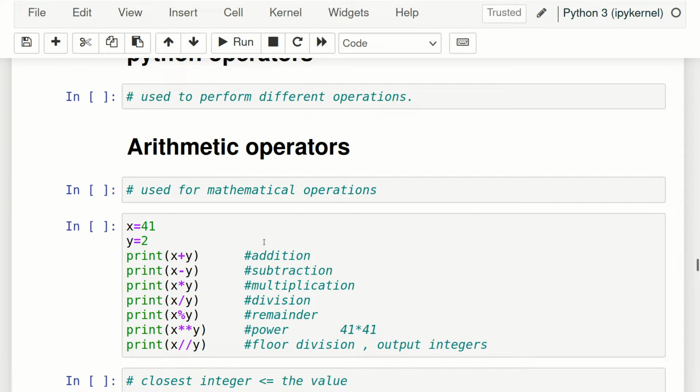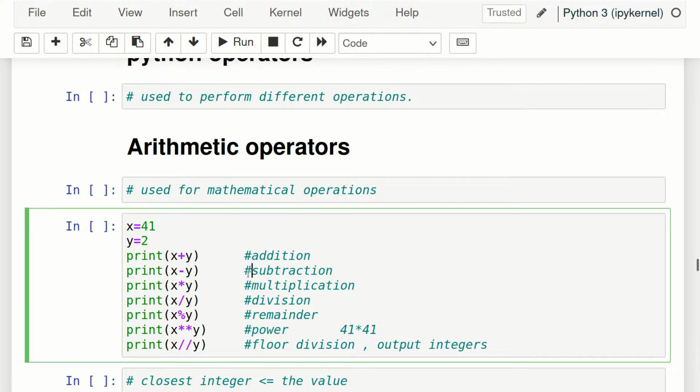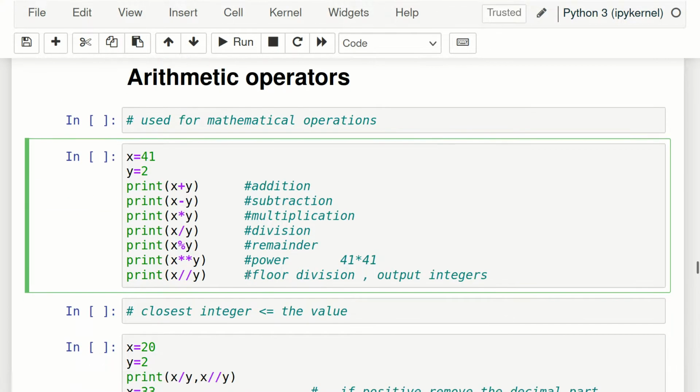We will be doing a lot of work, like addition, subtraction, multiplication, everything, so it is called arithmetic operation, and I don't think we need much attention here. Plus, minus, this one is for multiplication, and this one is for division.